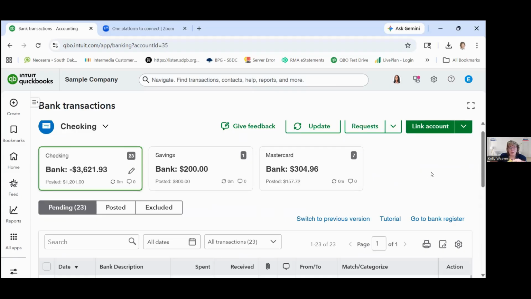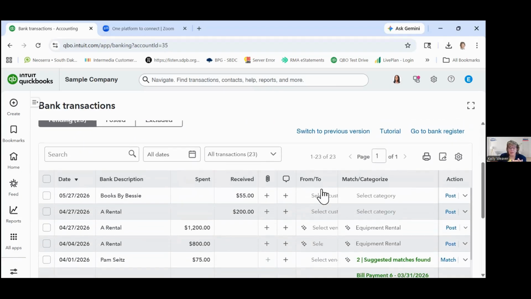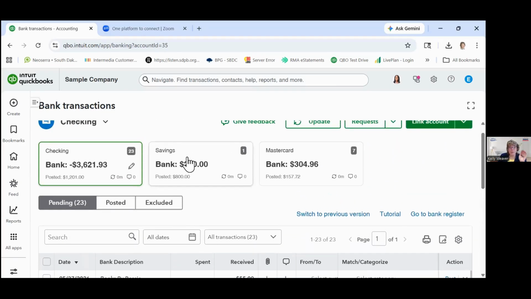The other thing I would note on this is I was just working with a customer the other day and they had multiple accounts, and in this section here, instead of match, it said pair. What that was picking up on was that maybe they moved money from their savings account to their checking account. So, coming from the bank feed, that would be in both the checking account bank feed and the savings account bank feed. And QuickBooks recognized that, hey, this is the same transaction in these two accounts. So when you paired it, it accepted the transaction on both sides. So keep in mind that is an option also.